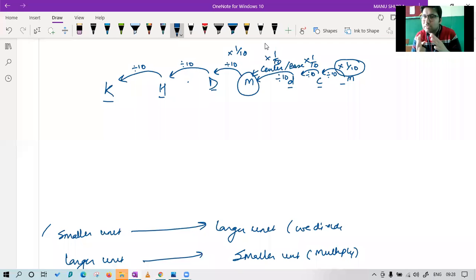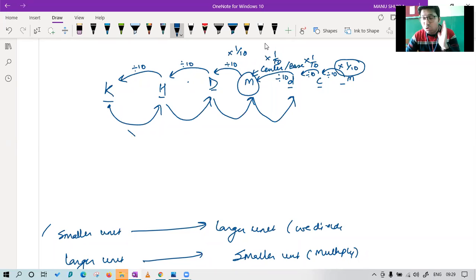And the reverse is like this. If you go from a larger unit to a smaller unit, what will you do? You can write in the fair also, Vani, no issue, because it is a revision of concept. So class, when we go from a larger to a smaller unit, we multiply by 10.